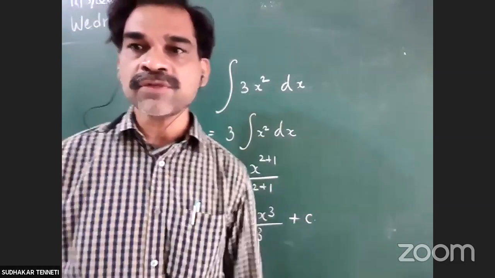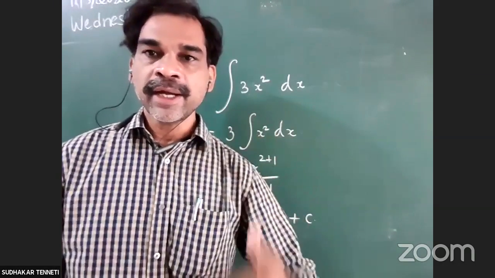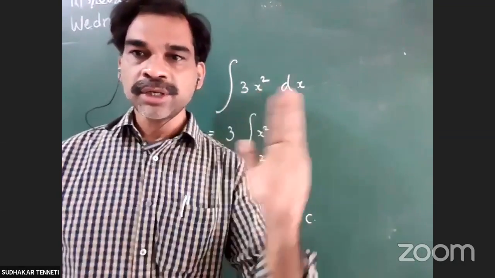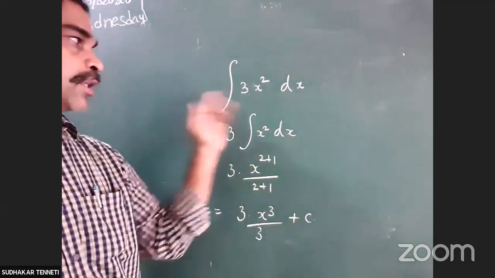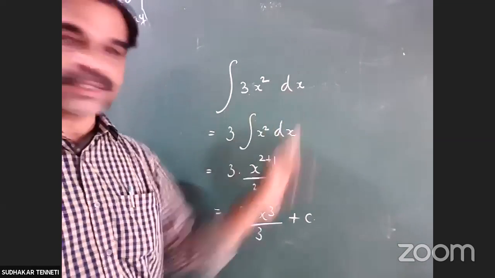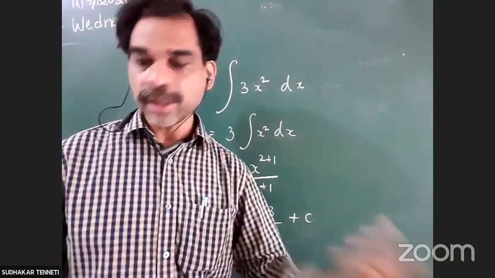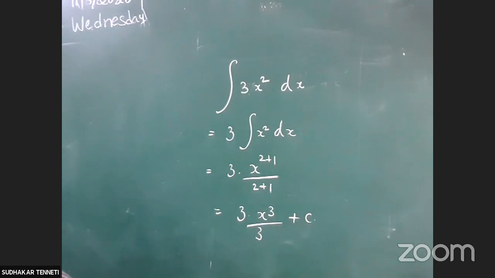So this is the first basic problem: integral of 3x square dx. Already you know. Bring that constant before the integral part: 3 into integral of x square dx, which is 3 into x cube by 3 plus c. So I think you know this problem. And the next problem is,